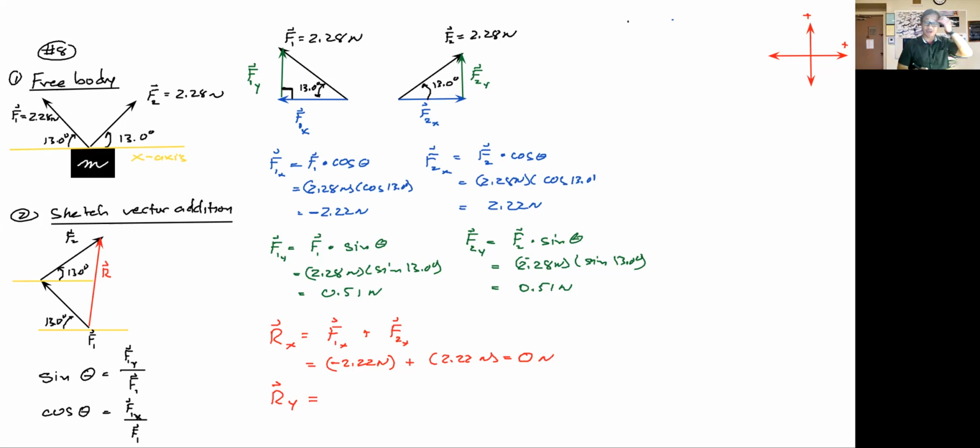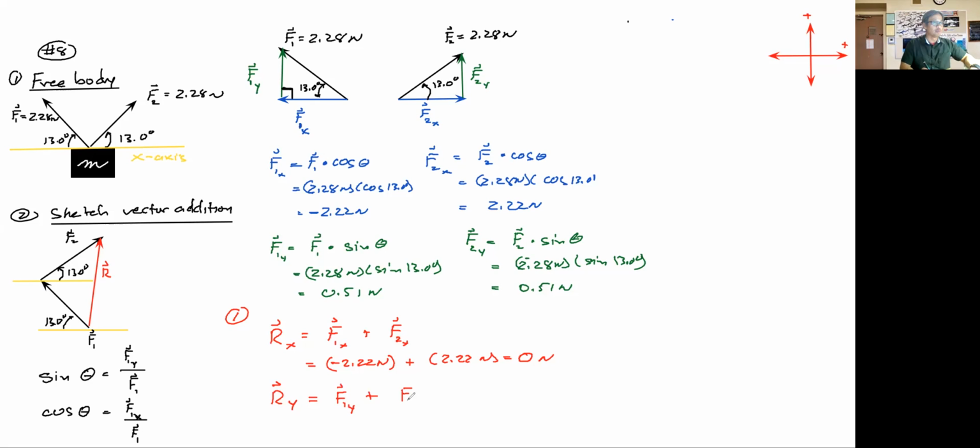I hope the color coding helps a little bit and doesn't throw you off. We're solving now for the resultant vector, and this is the first step. This is where we need to start solving for the resultant vector. We have to find the components. So then we will take the y component of force vector 1